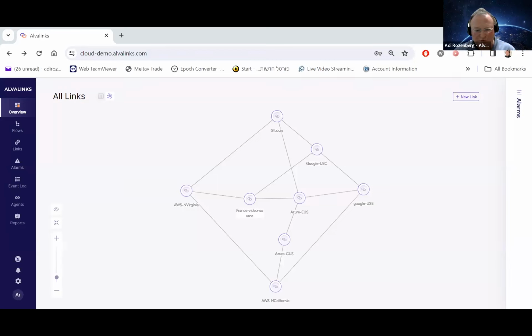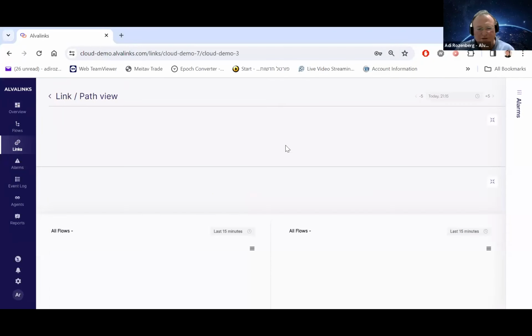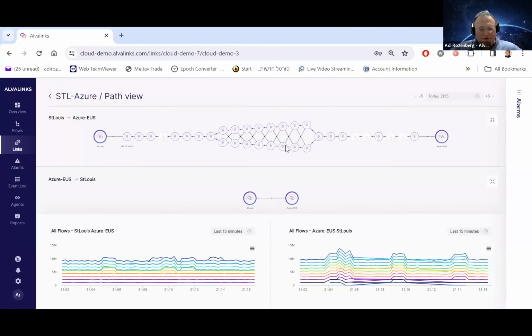So let me just take the mouse here. This is a demo system that we've been asked to run on 3 different public cloud environments. We have AWS, we have Google Services, GCP, and we have Azure. We also have 2 data center locations, one in Strasbourg, which is near the French-German border, and one in St. Louis, the gateway to the West. And let's take just here. I'm checking. This is live. I am not generating traffic. So in this case, let's look at St. Louis to